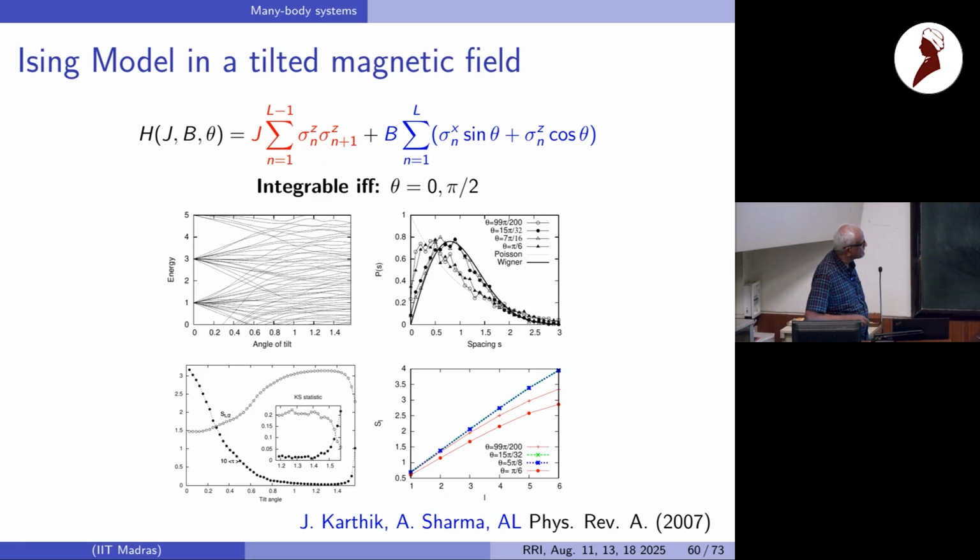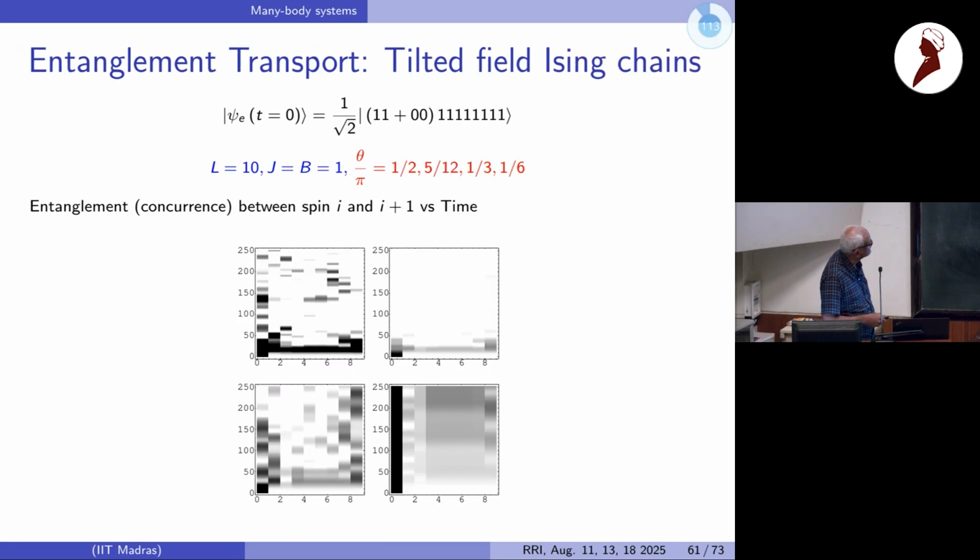But if you ask for the entanglement of any two spins and then average it out over all pairs, that is this one here, it's calculating the concurrence, you can see that it's decreasing. And in the case where there is large chaos and large multipartite entanglement, it is actually small. This is a reflection of the monogamy of entanglement. Okay, so this is from an old paper from 2007. I'll skip what's happening to time evolution.